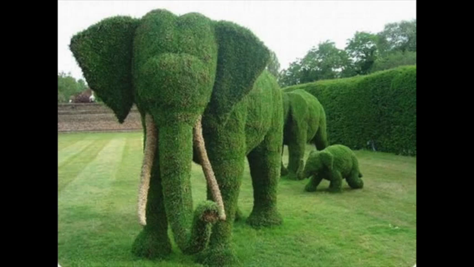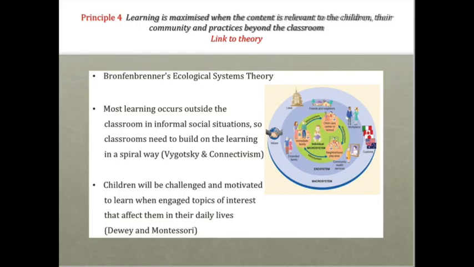However, if the tree is shaped so that it, or the other trees around it, has room to grow, it will be valued and appreciated by all the forest community. So how does this link to theory? In Bronfenbrenner's ecological systems theory, he understood development to be strongly influenced by both biological and environmental factors such as